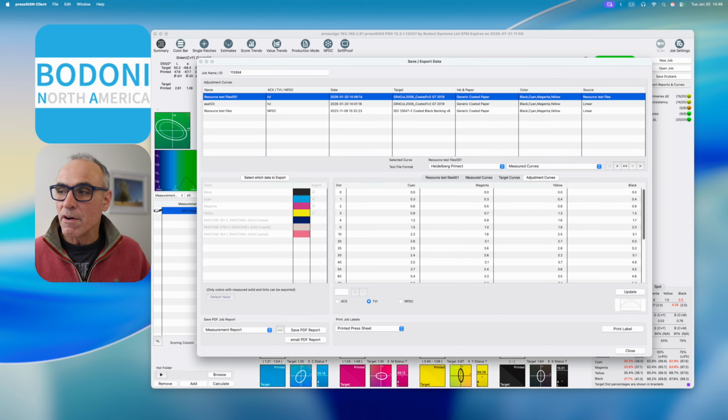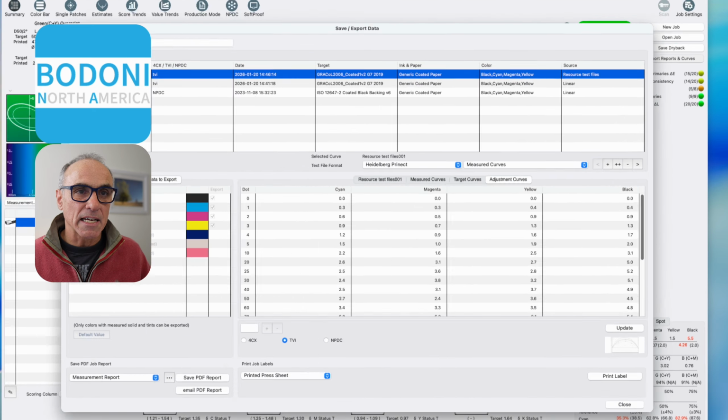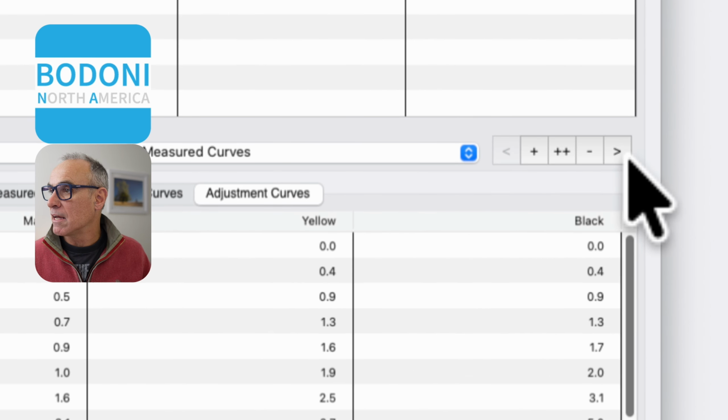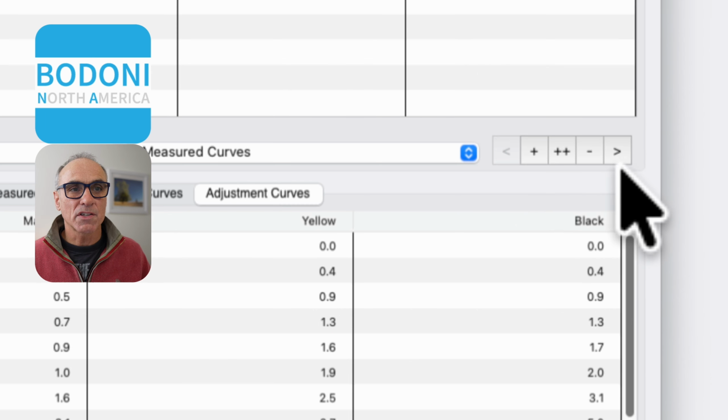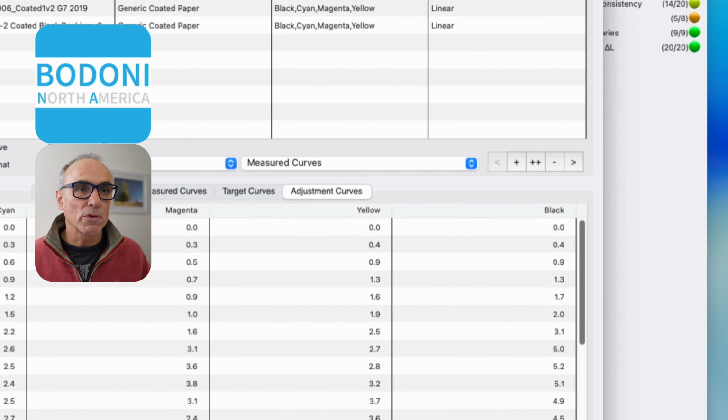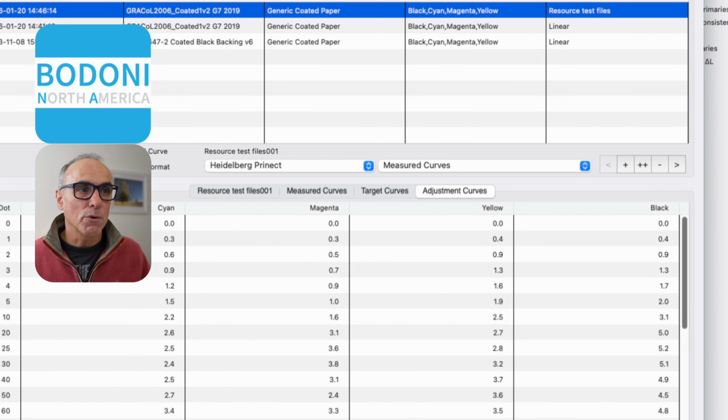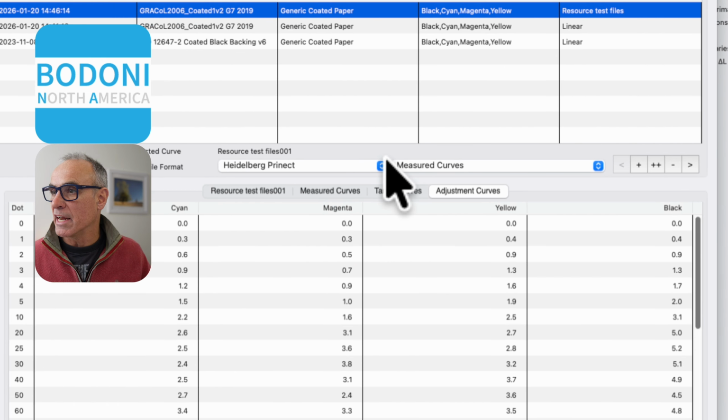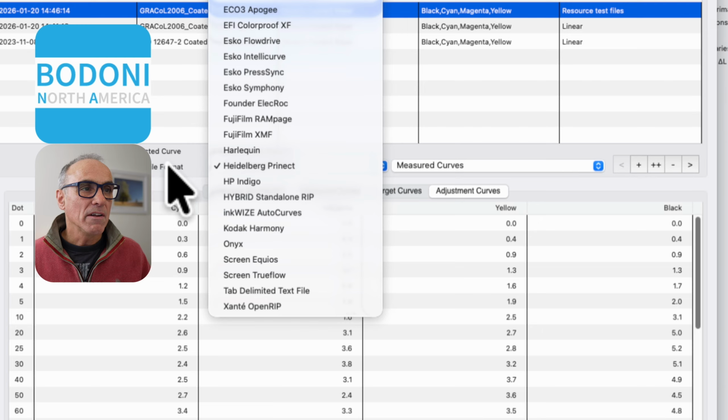Exporting curves, all very easy to do. It is in this area here where you would click on the export button. I'll see if it actually says it to us. It did say export for a second, just under the cursor there. So that would be where you would be able to export your curves. Where are you exporting them to? Well, you're exporting them to a number of different